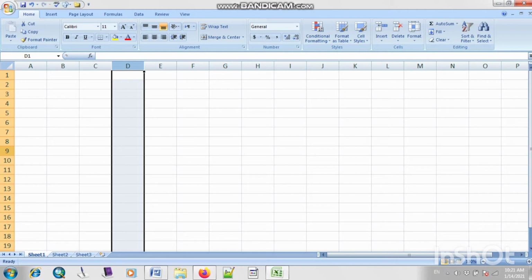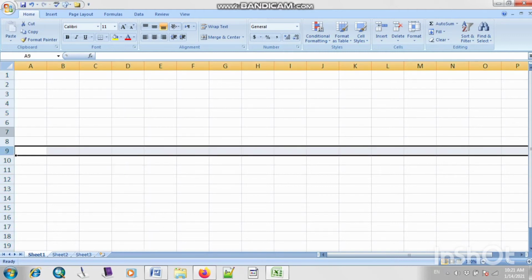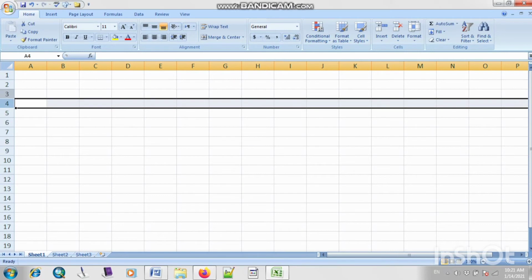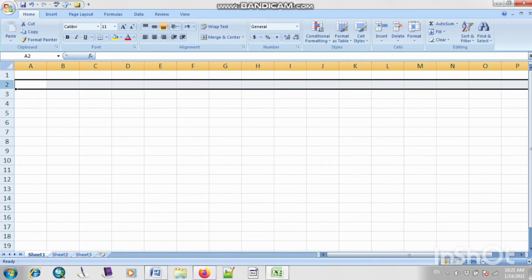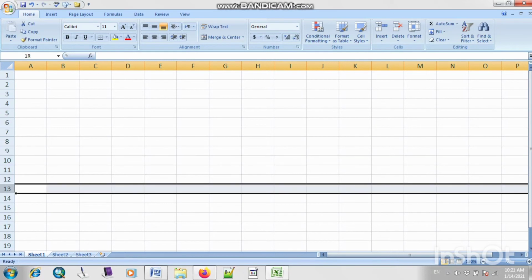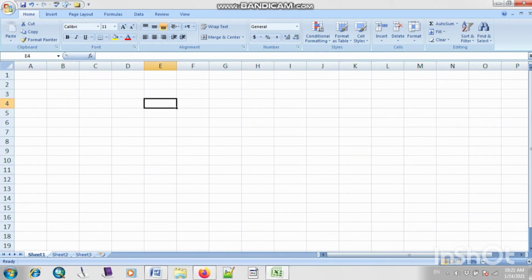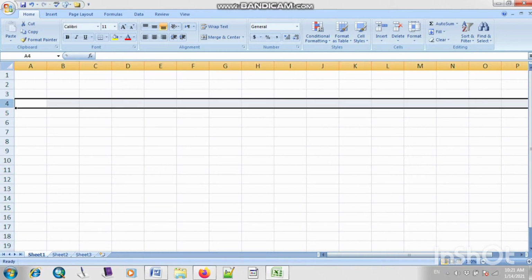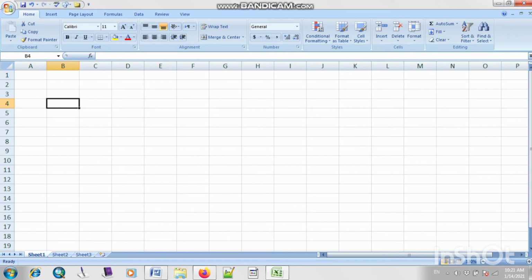And then here, what can we call these? Yes, these are known as your rows. So these all are known as your rows. As we see, we have a lot of rows here where we can insert our data. So this is row number 8, row number 10, row number 13, etc. Now let's see when you click on this cell, how you can enter data. As you can see, with the combination of column and row, there will be a cell.